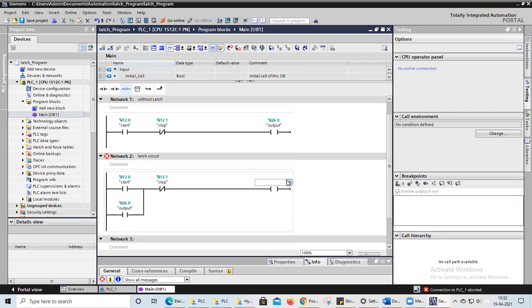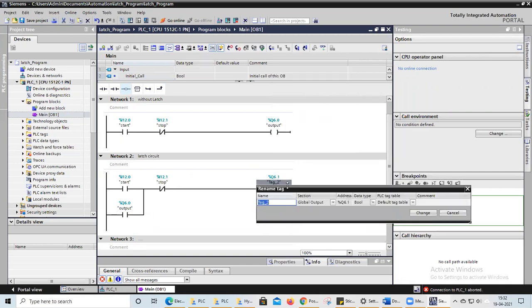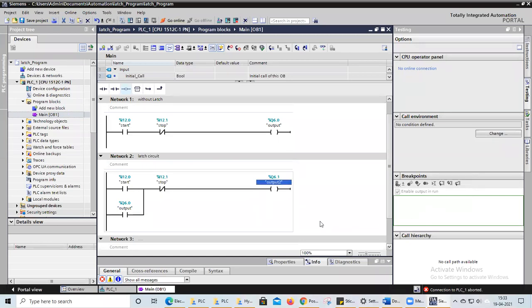I will use Q 6.1, and this is my output 2. I will rename the tag as output 2. Okay. Now the first one has output, and the second one has output 2. Again we will compile here and check for any errors.